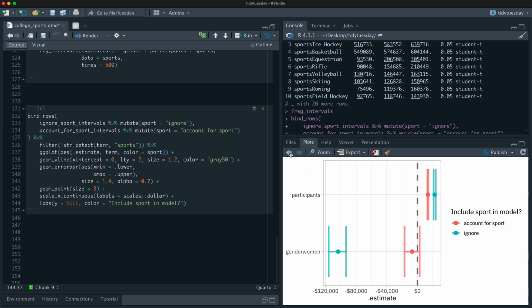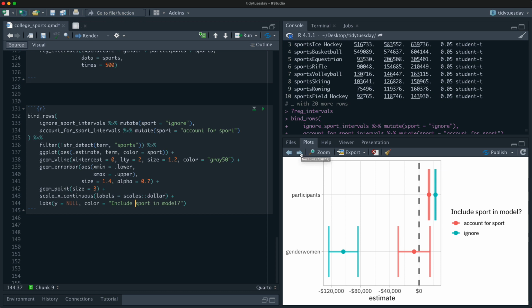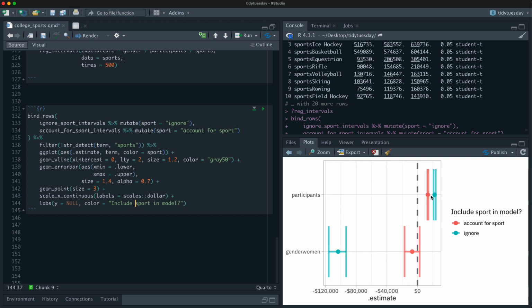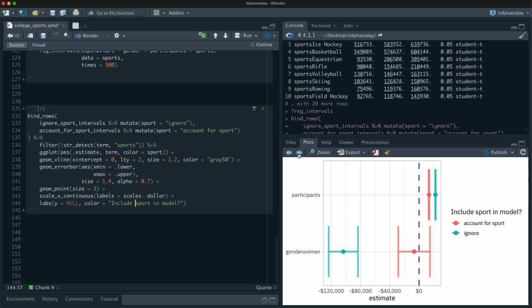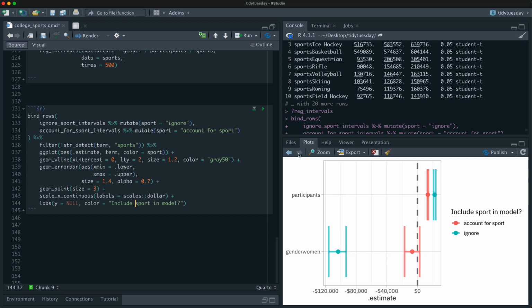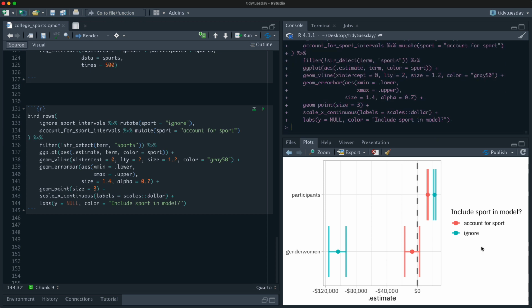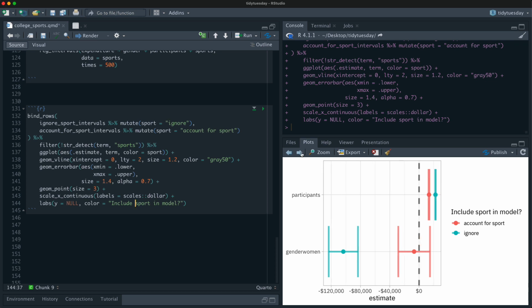Okay. So notice a couple things. Overall, it's the same story, right? Participants cost about that much money. When we don't account for sport, we see this huge difference between men and women's teams. When we do account for sport, we say, oh, the difference is not because in any given sport they spend less or more. The difference comes because there are some men-only sports that have an enormous amount of money spent on them. So same general story. However, look, the intervals changed.